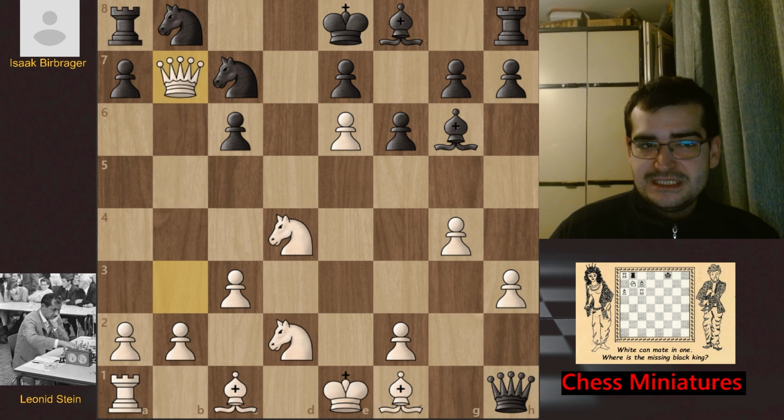After queen takes on b6 in the game, king d8 was played. Another mistake by black. Now it is really difficult here. The point of this move was probably to go later on f8 and try to somehow protect this knight, which